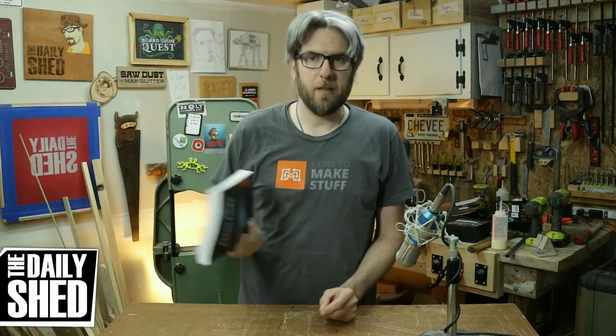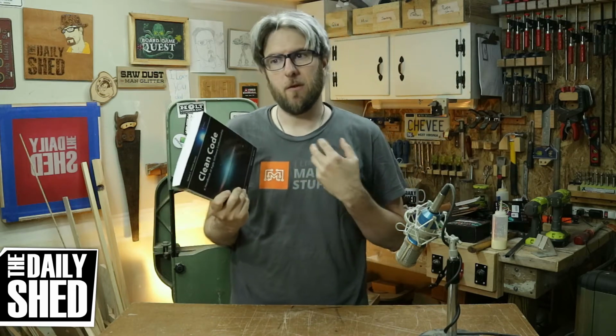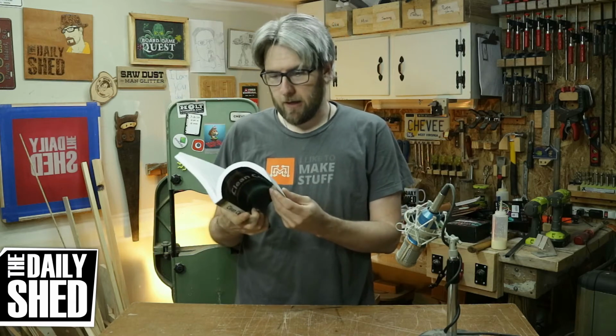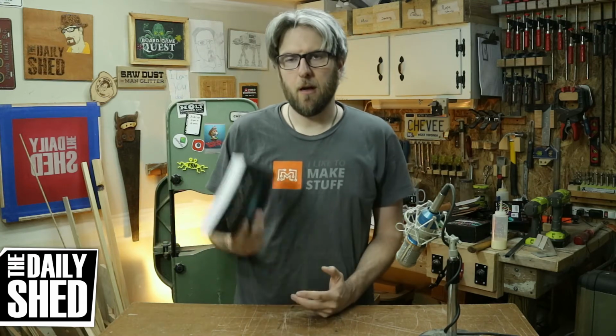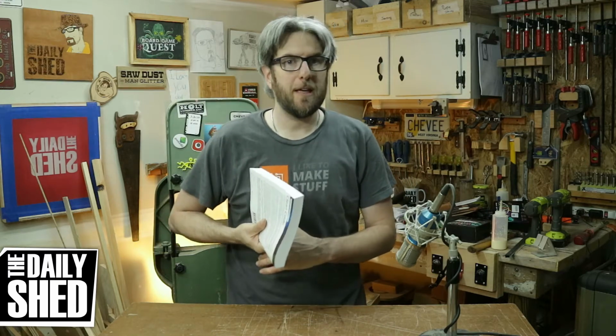One of the arguments against this book that I've seen is that it's dated. It's Java, almost exclusively Java-based. It's got a whole lot of concepts that don't really fit into modern design practices. But I completely disagree with all of that. Number one, yes, it's Java. All of the code in here that I have seen so far, besides a couple little examples of Hungarian notation and old concepts, is in Java,